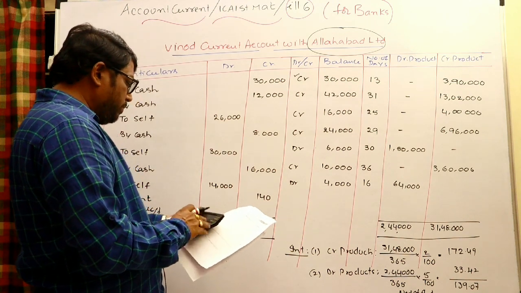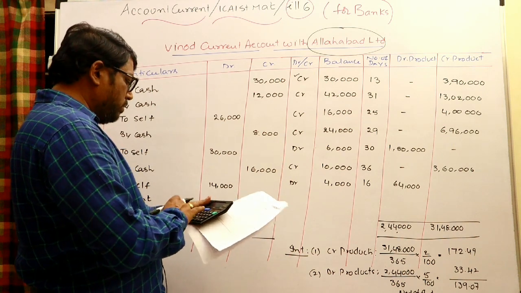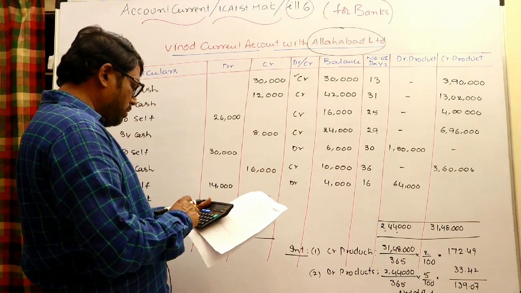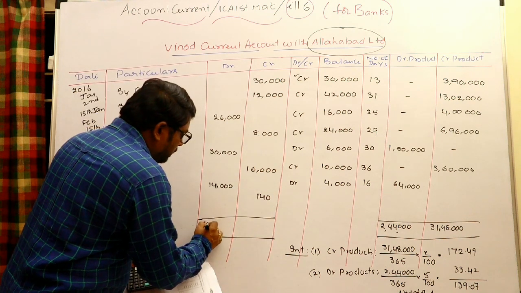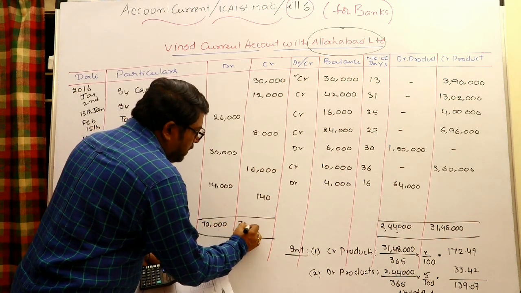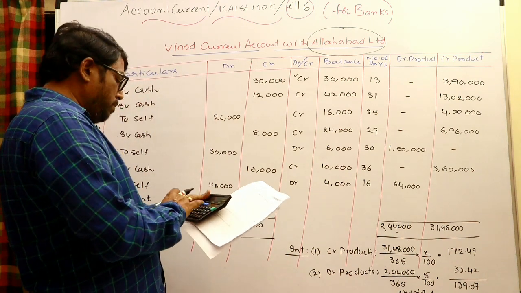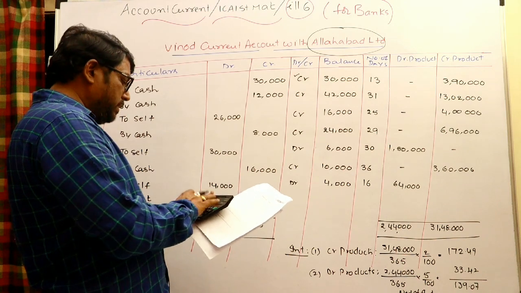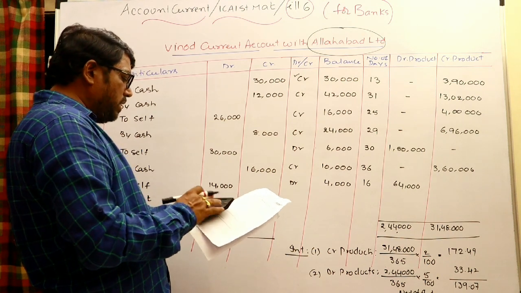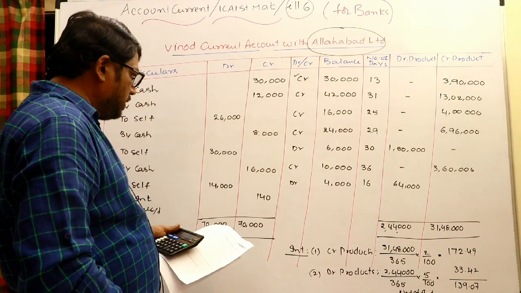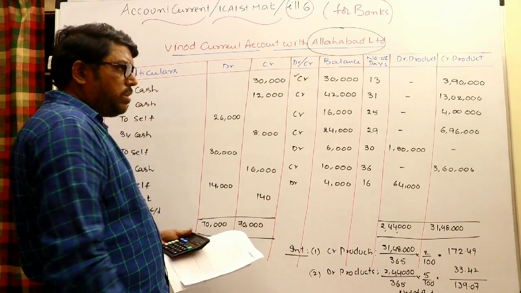Look at the debit total. Each total is looking more, and 26,000 plus 30,000 plus 14,000. The total is 70,000. Out of 70,000 you may minus 30, minus 12, minus 8, minus 16, minus 140. Approximately that is taken. So actually we are due to the bank 4,000, but we have to receive the interest 140.